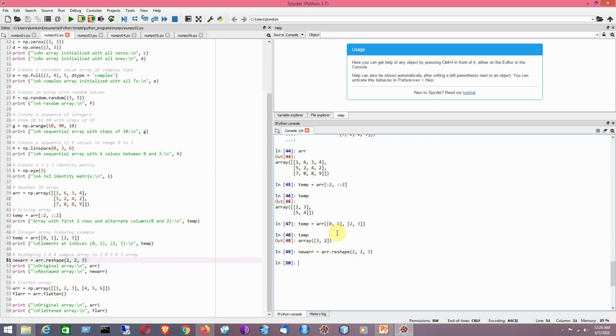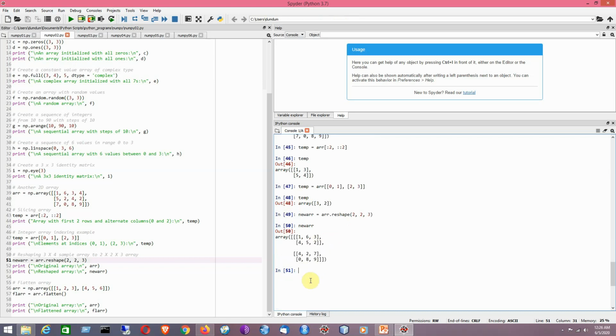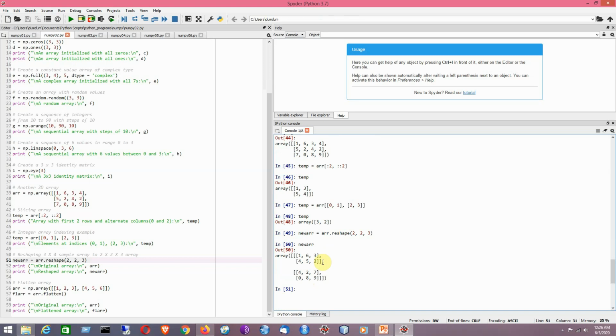So by using the function you can apply it, and now you can check it here also. So that means from a 3 by 4 sample array you have basically created a 2 by 2 by 3 three-dimensional array. So that is the idea. So actually we have taken this array as the input and this is the output.